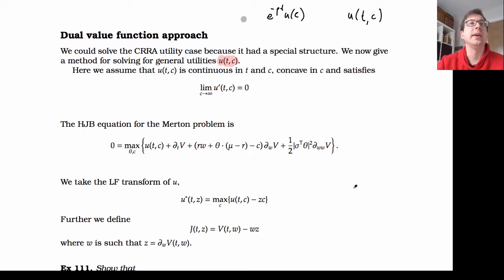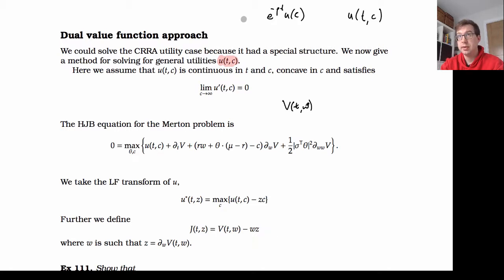Okay. Now, so I can write down the HJB equation for this problem, and now I'm going to be dealing with it where I'm going to be looking at v of t of w. Okay. So that is the optimal objective function for the Merton problem, but where I start from time t with